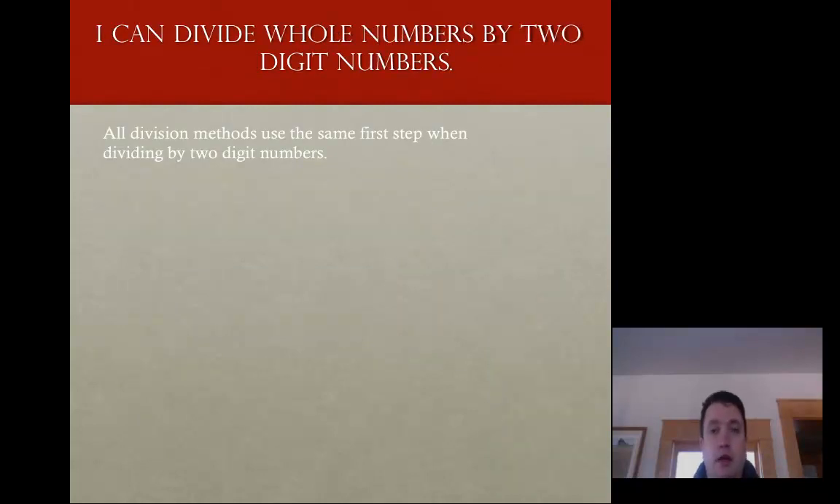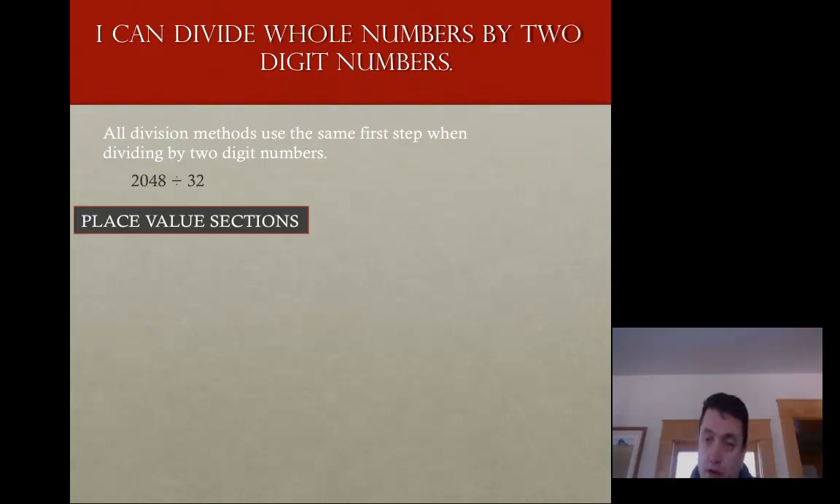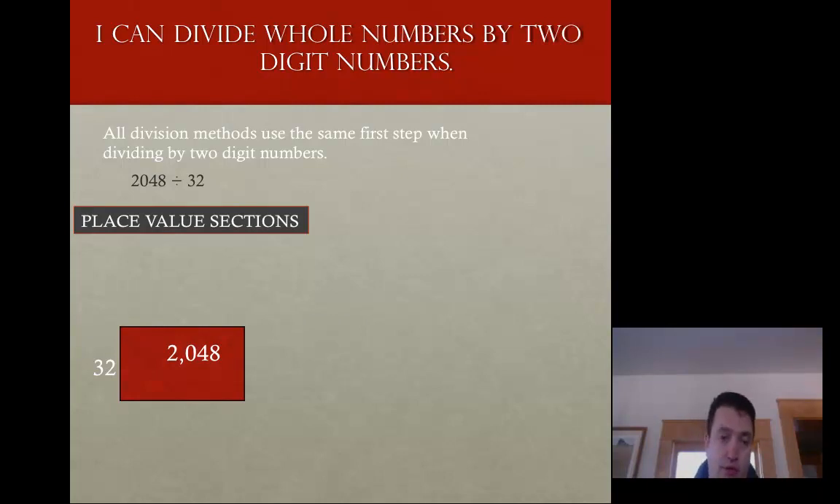So all division methods when we're dividing by two digits use the very same first step. Let's take a look at the problem 2048 divided by 32, and we are going to start with the place value sections method. When I lay this out, I'm going to look at 32 and then put 2048